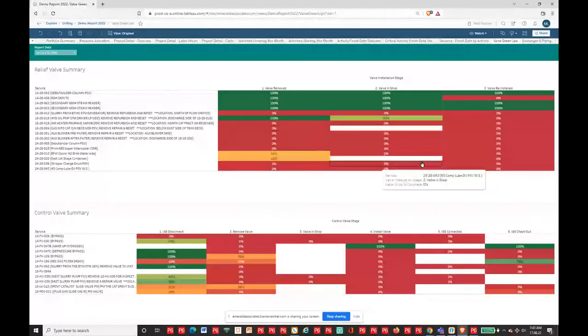So this can be literally thousands of activities nicely rolled up by, for example, the relief valve summary. Is it removed? Is it in the shop? Is it reinstalled? Control valves: disconnected, removed, valve in shop, install, the very common steps you're going to go through for those particular